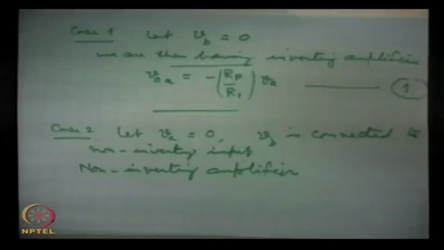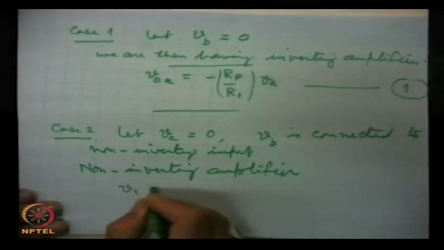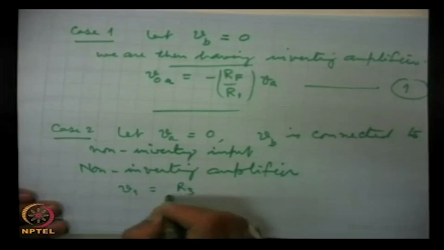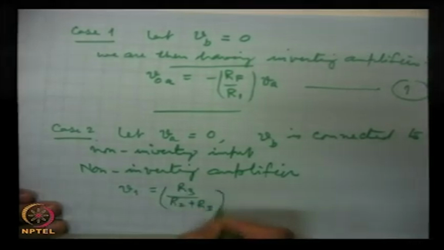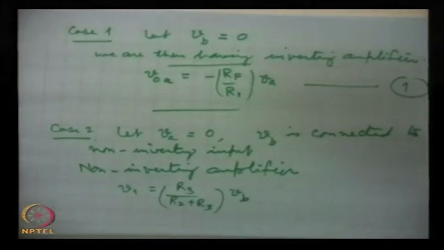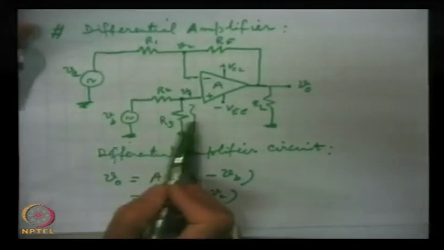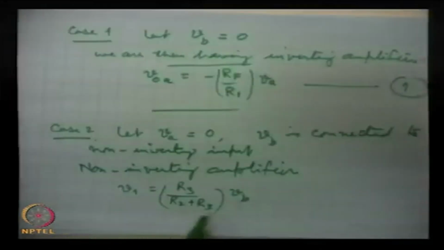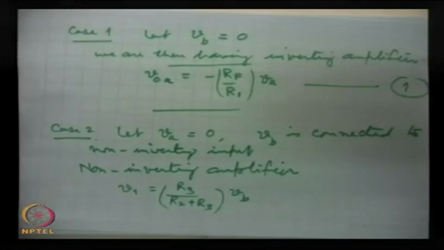So V1 obviously is R3 by R2 plus R3 into VB, voltage divider. This network is acting as a voltage divider for this voltage. So this is the voltage which will be available at R3, and the output due to VB,